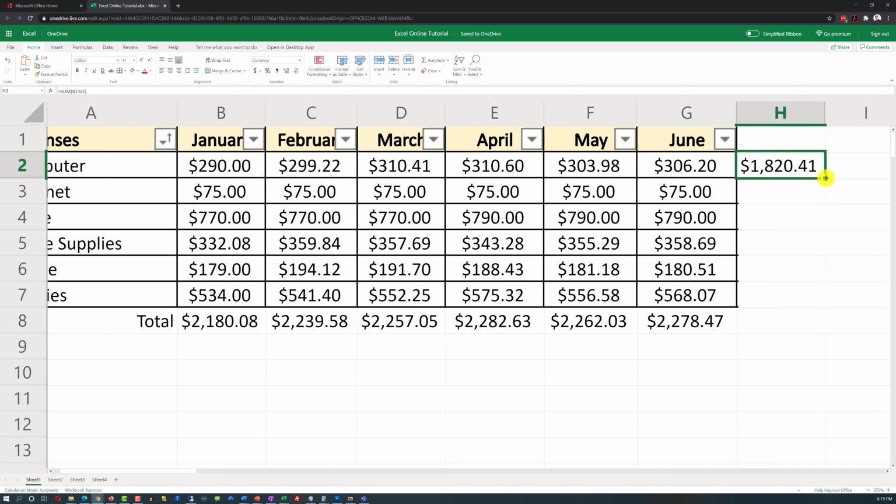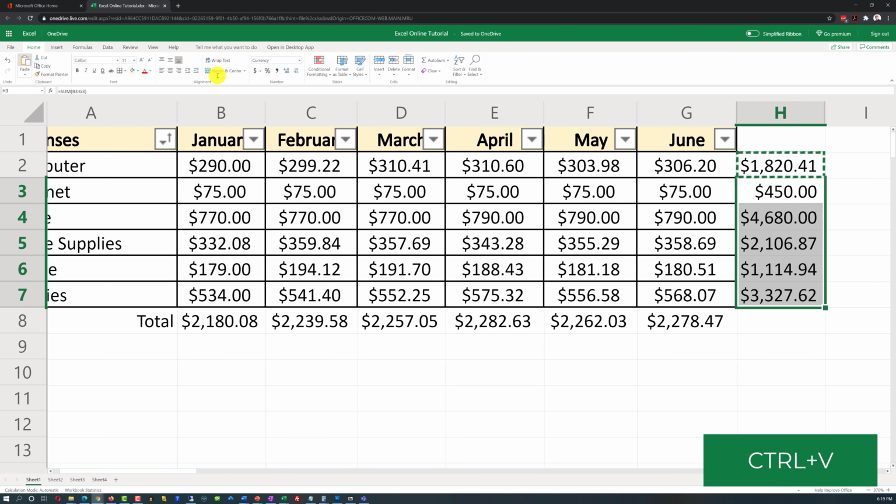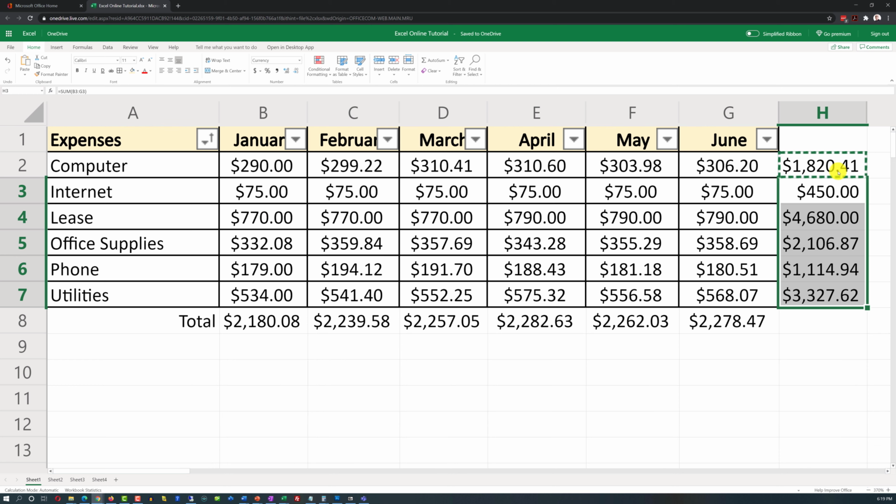I showed you a way to replicate the formula through this extension box. Another way to replicate the formula would be through the use of copy and paste functions. To do that, you just need to use Control-C on the keyboard. I just typed Control-C. Another way to do it would be click copy right here on the ribbon, and then you can just select a new range, and then you can just click paste here on the ribbon, and Excel will recalculate because it inserted this formula, and it will recalculate all the values for different expense categories in column